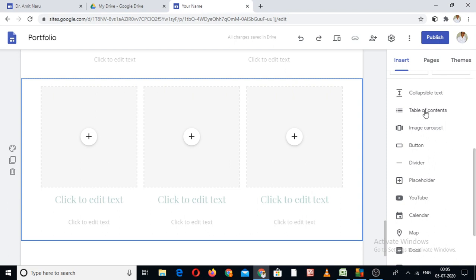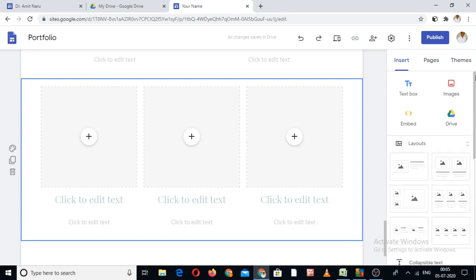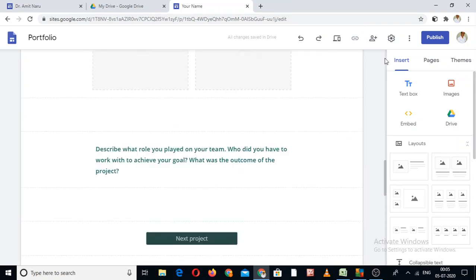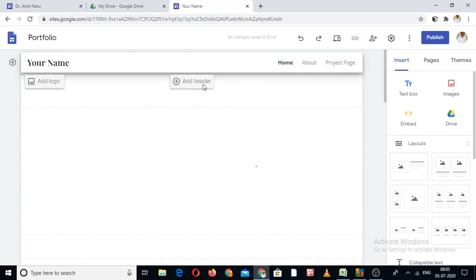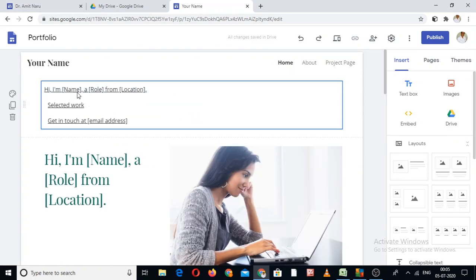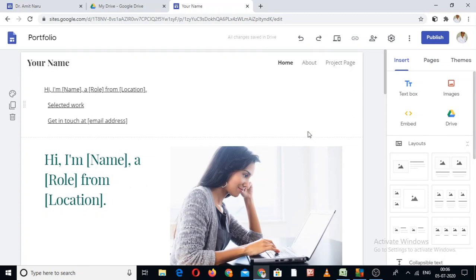The table of contents, we already mentioned on the first page, the home page. So table of contents shows to anybody who would like to see it the complete detail of your projects in few words on the top of your home page. So this is the table of contents.